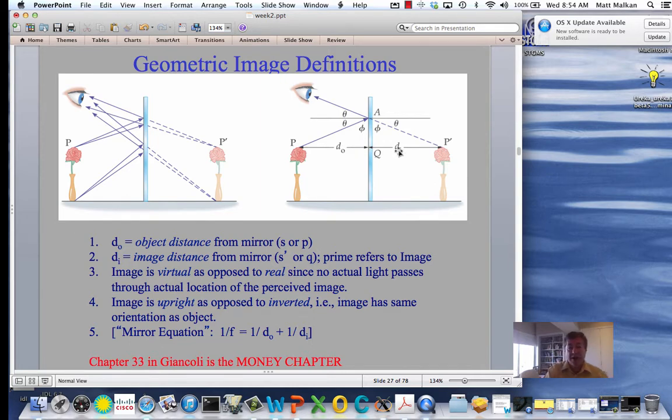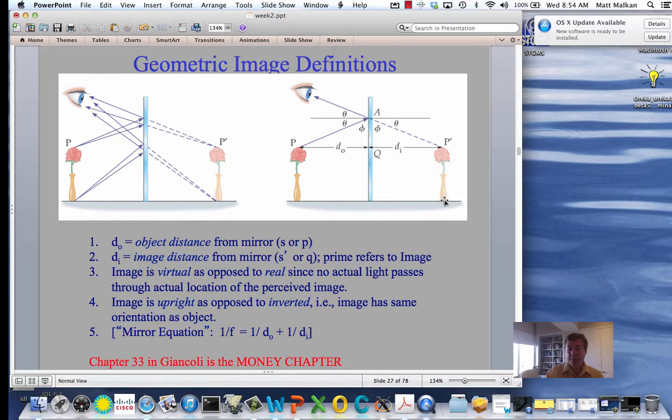So DO in this case is equal to DI, the image distance, and the height of P, that's the actual real height of the object, is also exactly equal to the image height. The magnification is 1 here. And the image is virtual because the light actually is not coming to your eye from P prime. And another thing to notice, of course, that isn't guaranteed with other kinds of mirrors, in this flat mirror case, the